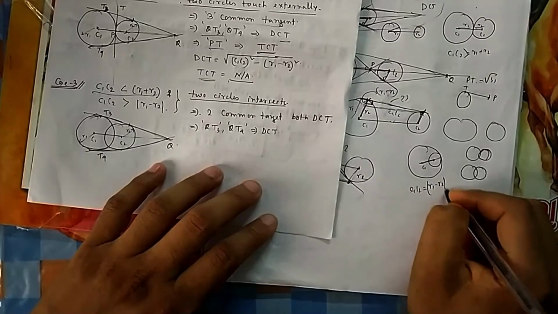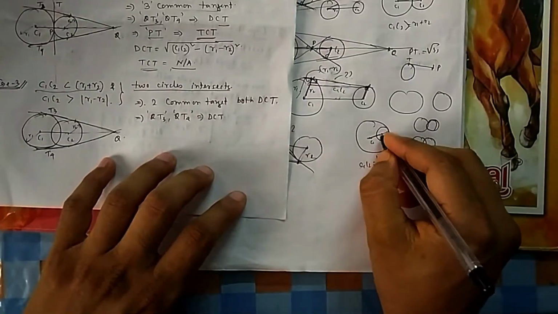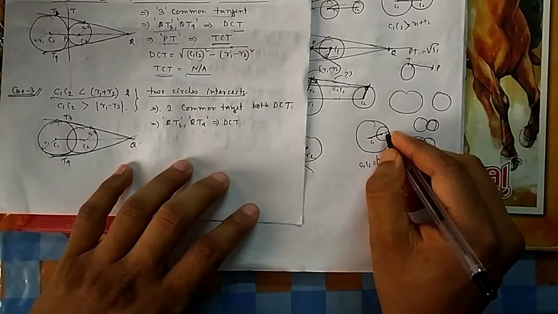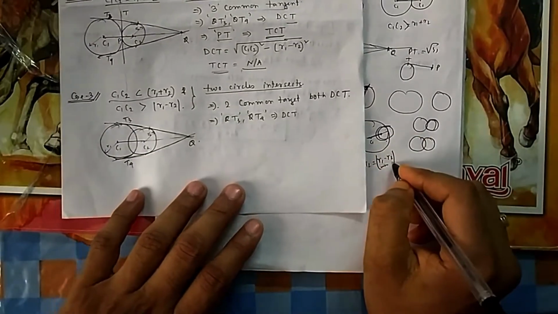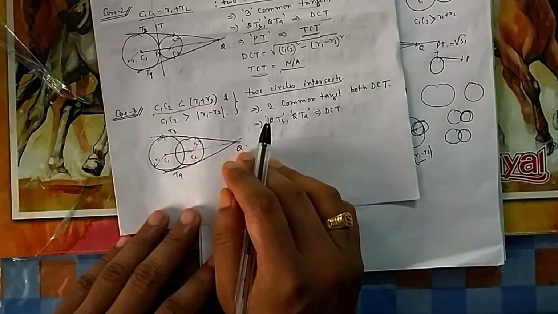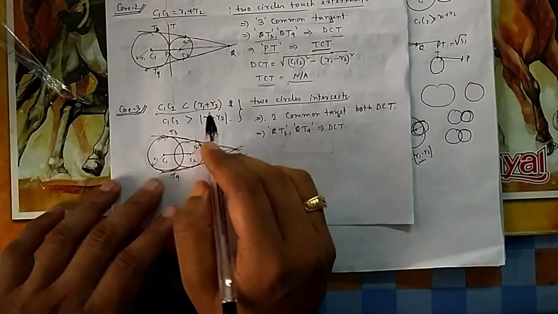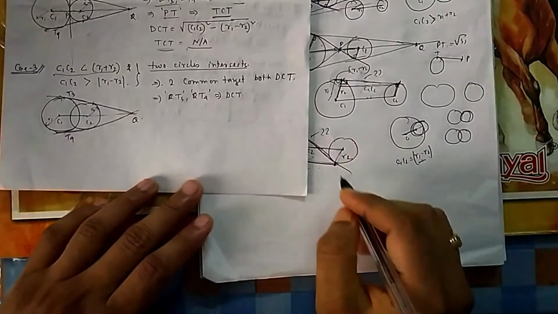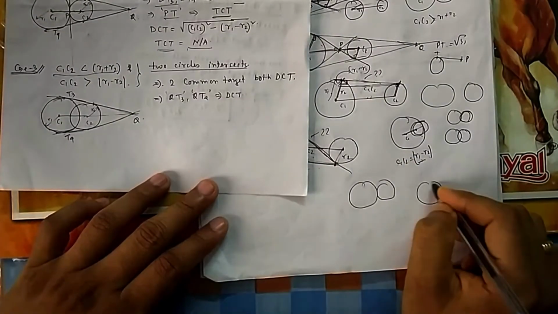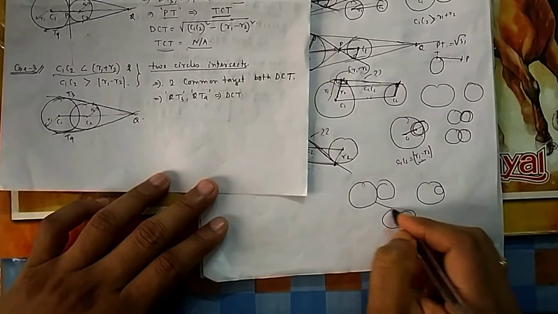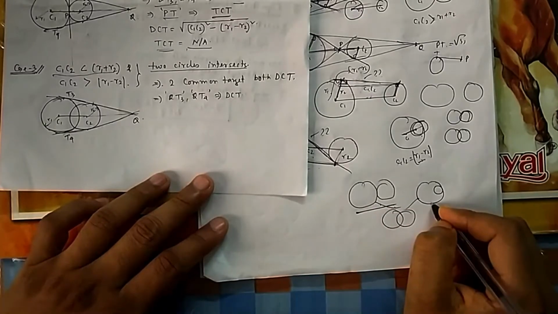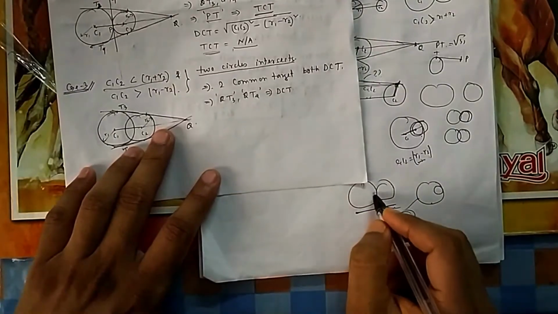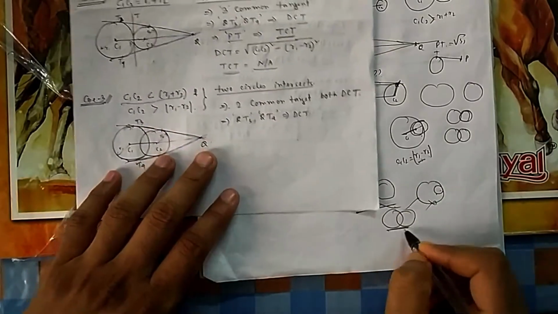Suppose R1 is bigger, I don't know which one, then you will take the larger. If this case holds, then it is just touching inside. So it has to be greater than this also, because we don't want it to touch; we want to make it a little outside. So it has to satisfy 2 things: it has to intersect. It should be less than this, it should not touch externally, it should not touch internally, it should be in between these two. So less than this means not this, greater than this means not this. So it is in between these two.